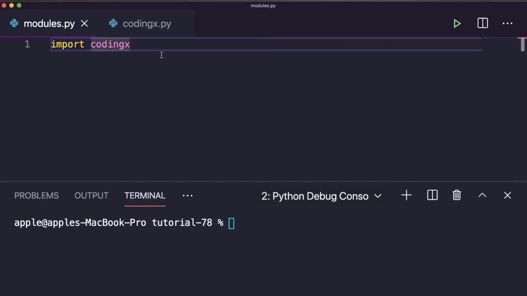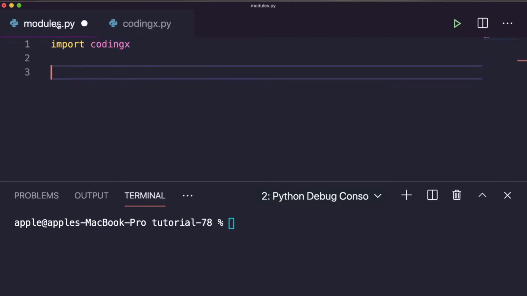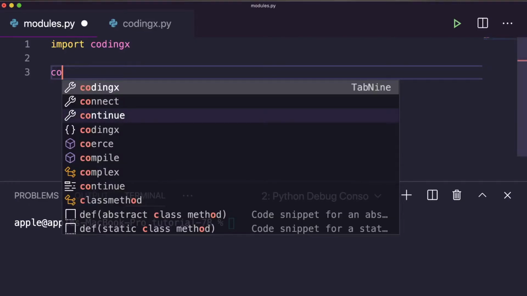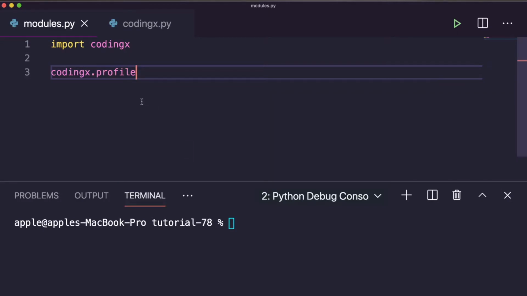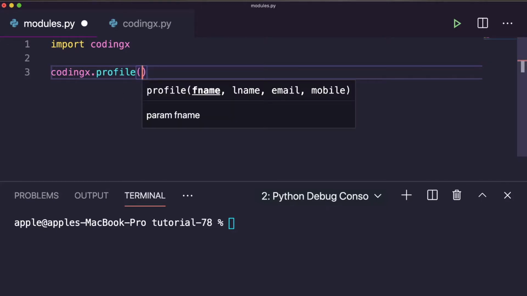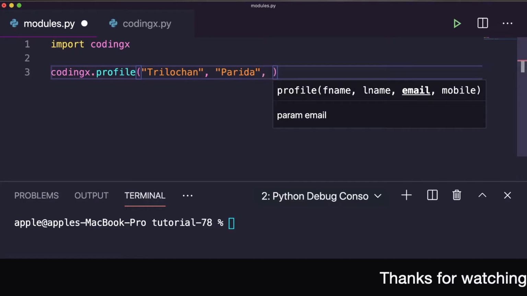Okay, so here let me check whether this function is accessible or not. So let me write simply codingx dot, here it is, the profile function. Okay, so we can call this profile function with the parameters first name, last name, email and mobile. So first name is mine, Trilochan, last name is Parida, and the third one is email.